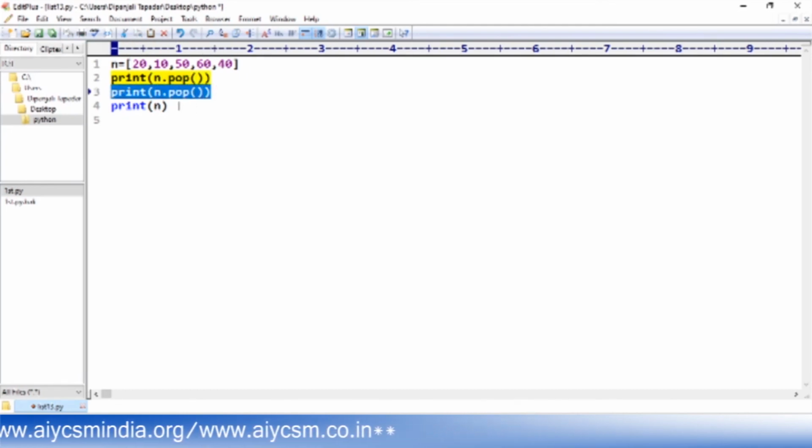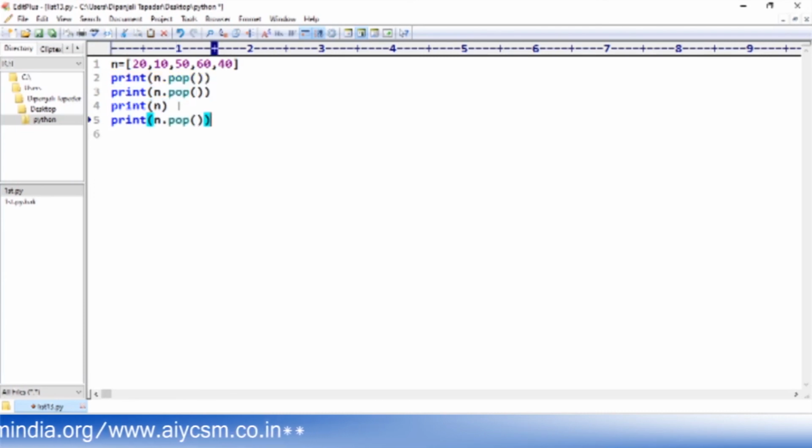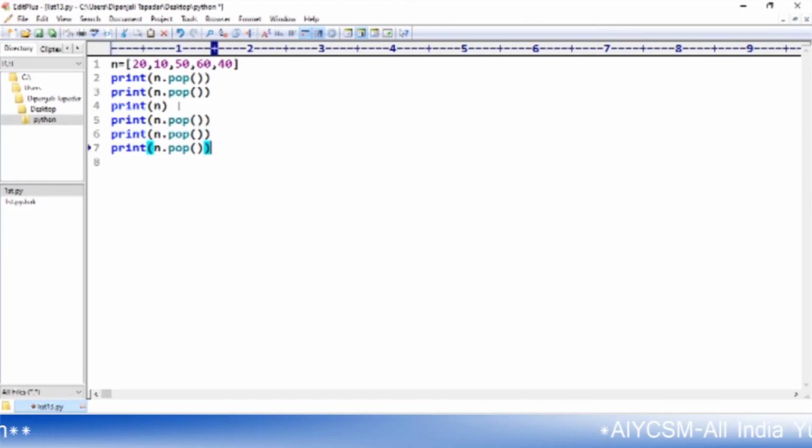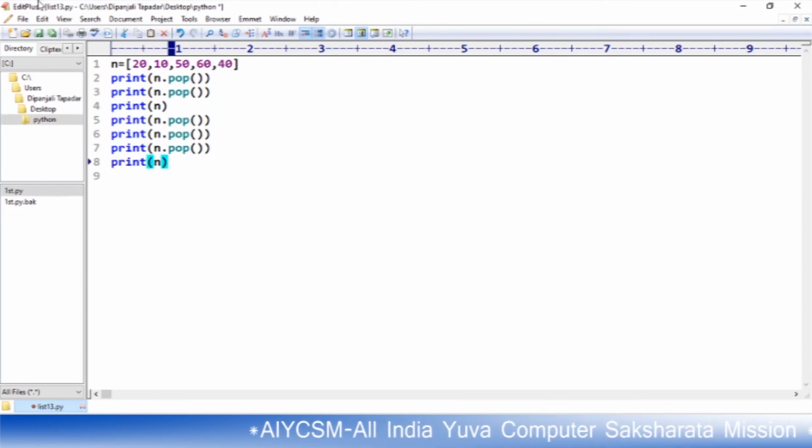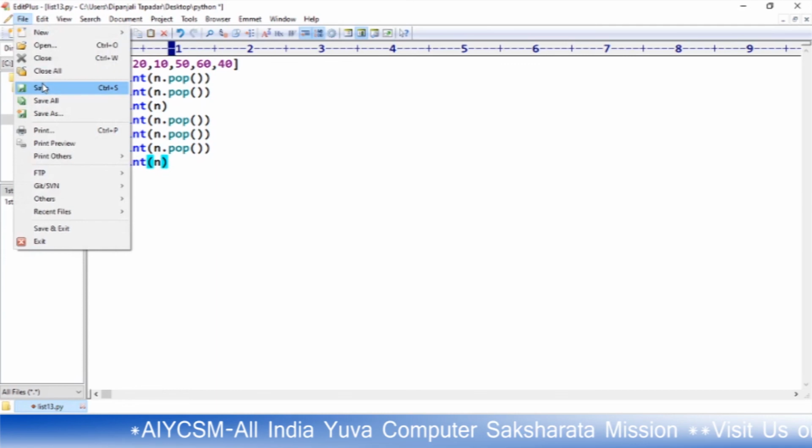If you delete again and again, and at last delete the last value, and if you print n, then you see that an empty list will be printed. Save this one and run it from the command prompt again.